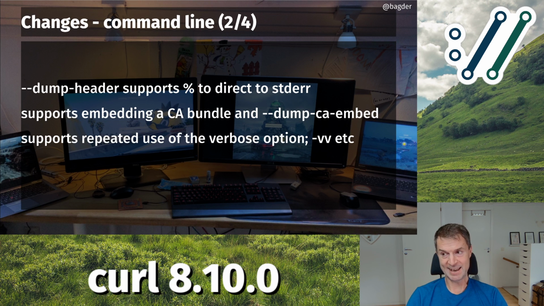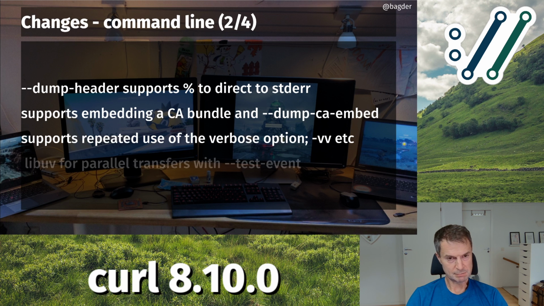Starting in 8.10.0, curl will actually output more with the more number of v's in those combinations, and you have to use them combined, like -vvv or -vvvv, then it'll add more and more